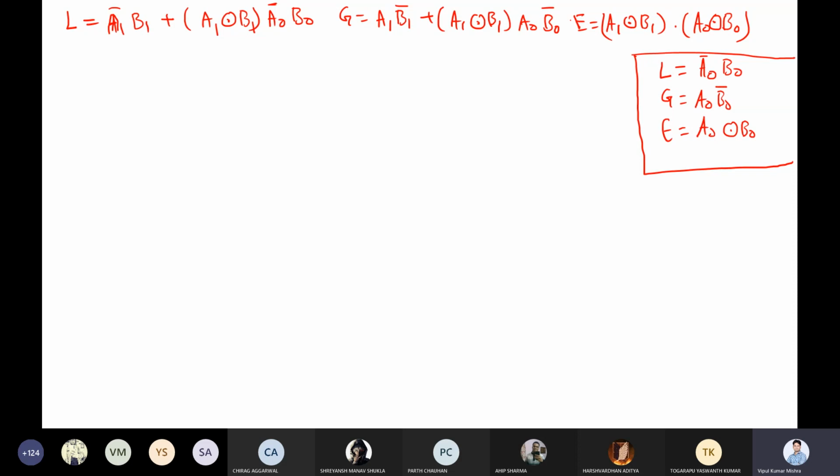Now are you able to see some pattern here? What exactly is this equation doing? This is equality, because they are taking XNOR with individual bits, and if it is 1, then the AND is 1, then you can say it's equal. Anything that you see in less than and greater than? For your reference, this 1-bit equation is also given. Take 1 minute, 2 minutes, and if you are able to figure out something, what is going on?